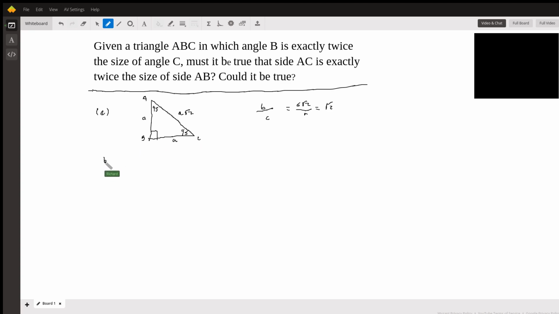Part B is asking, could it ever hold? And for that, we need to use a little bit more advanced information, or there might be some other way to show it, but I'm going to use the law of sines. You haven't seen the law of sines in geometry, but when you get a little further along in your studies, you'll find out that